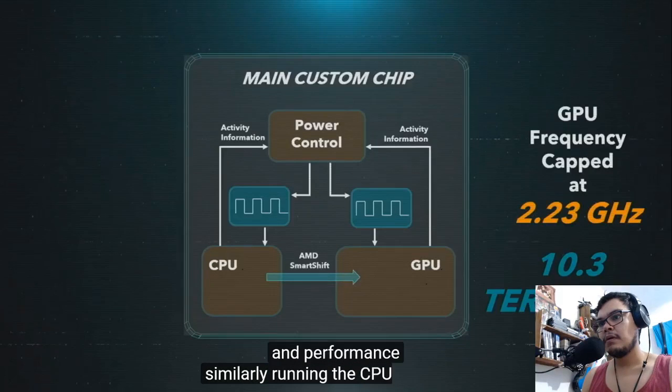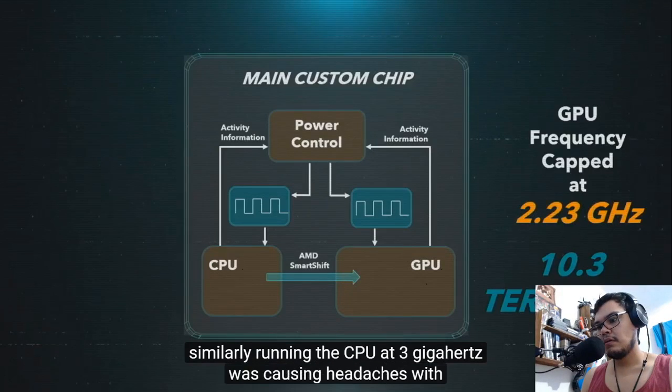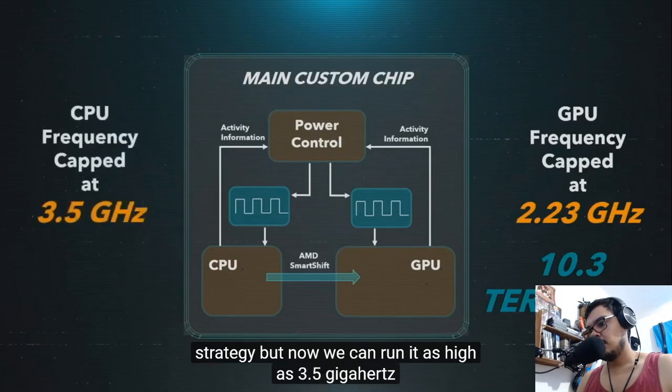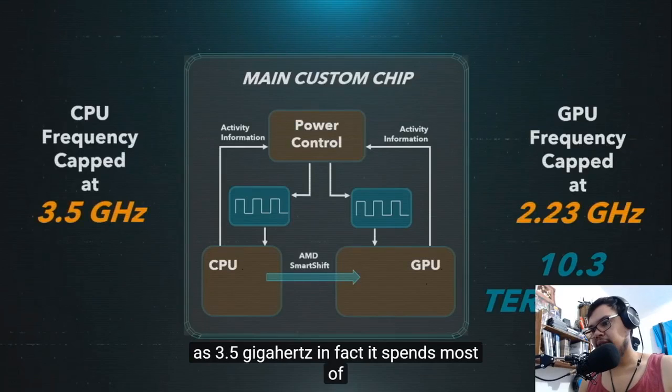Similarly, running the CPU at 3 gigahertz was causing headaches with the old strategy. But now we can run it as high as 3.5 gigahertz. In fact, it spends most of its time at